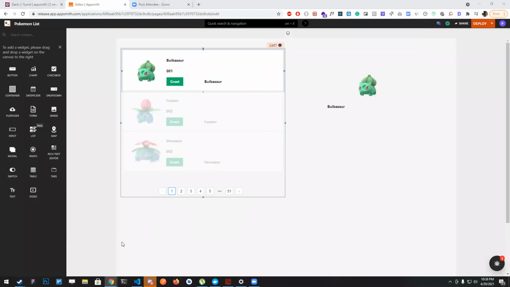Got it. Thanks, Pawan. Anybody has any questions regarding the list widget? So this is like the first release of the widget. We'll be releasing more features along with it. Like this widget will evolve over time. So does anybody have any questions?